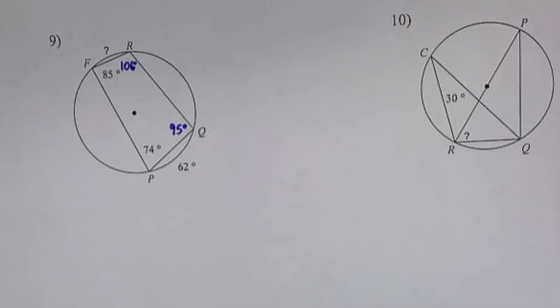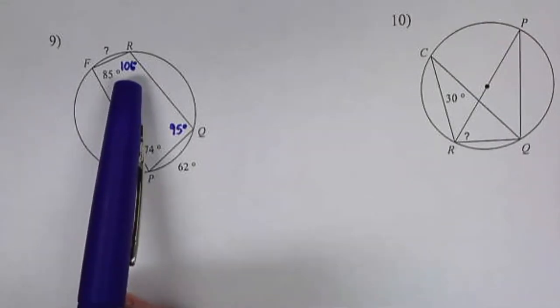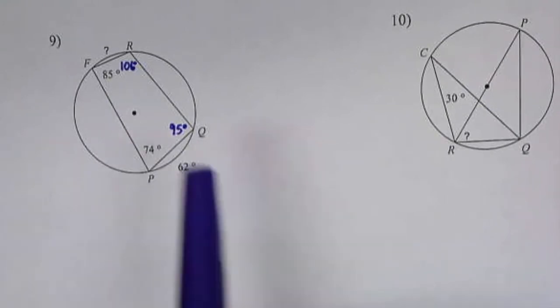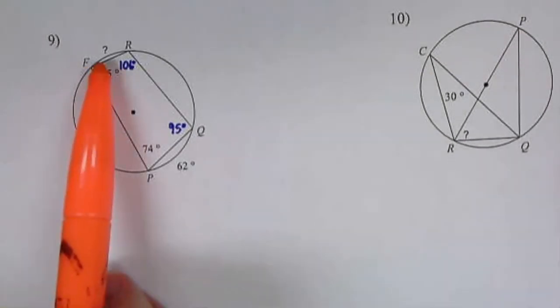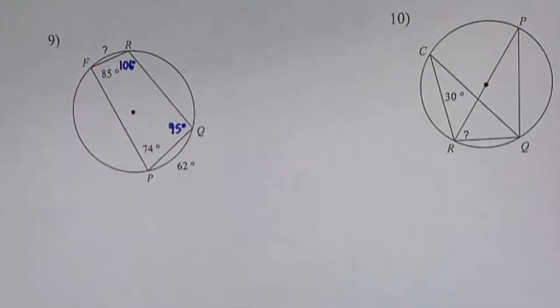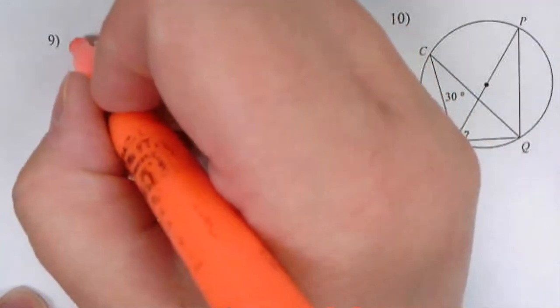Those are kind of crammed in there. This is 106. That's a 6 and a degree symbol. 106, 95. Now, I still don't have anything that jumps out at me as obvious in terms of how to find this arc right up there. All right, but what does occur to me is